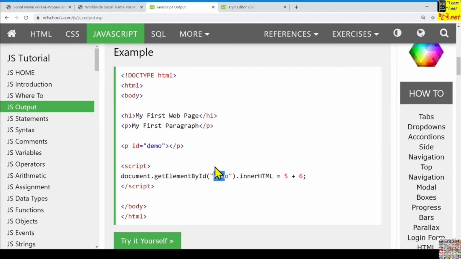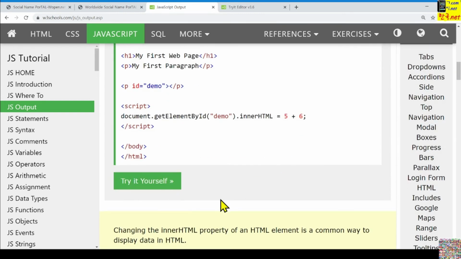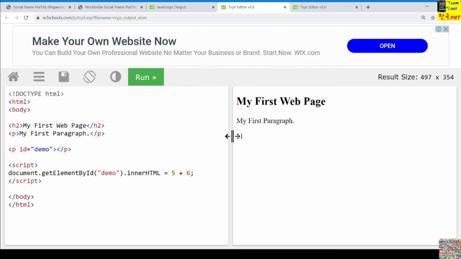And this innerHTML is the contents of that element, and nothing is here. After the calculation of this arithmetic operation, the result will be shown here like this. Okay, this one is showing the result already.